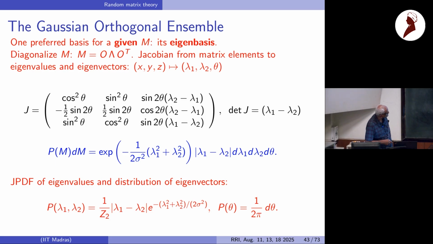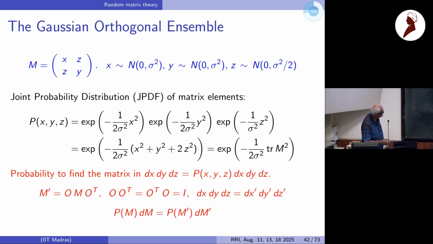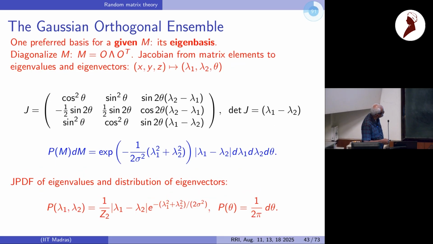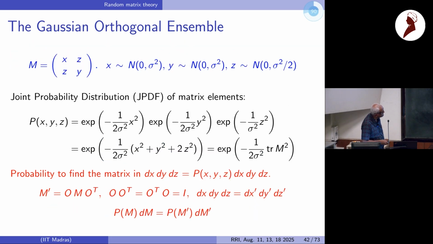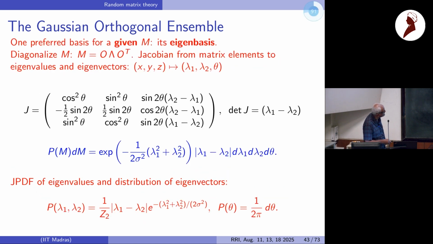And therefore, you can go from here to a joint probability distribution, or this is a probability distribution of the matrix M, to be written purely in terms of the eigenvalues, which is possible only because of, again, this trace m squared. Okay, so trace m squared you can see immediately gives you the sum of the squares of the eigenvalues. This factor here, lambda 1 minus lambda 2, is coming from the determinant transformation.